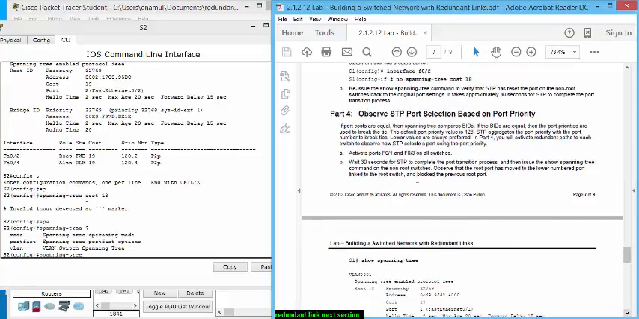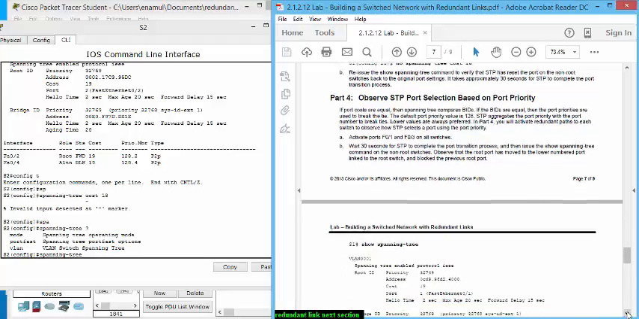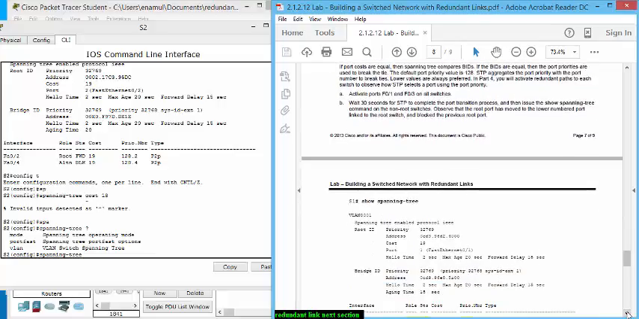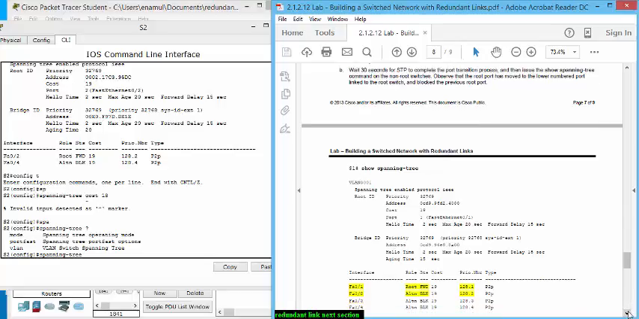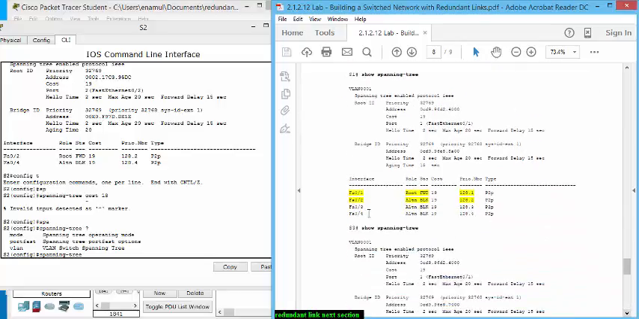So activate port FastEthernet 0/1 on all switches, and then we run the show spanning tree command. We will see that